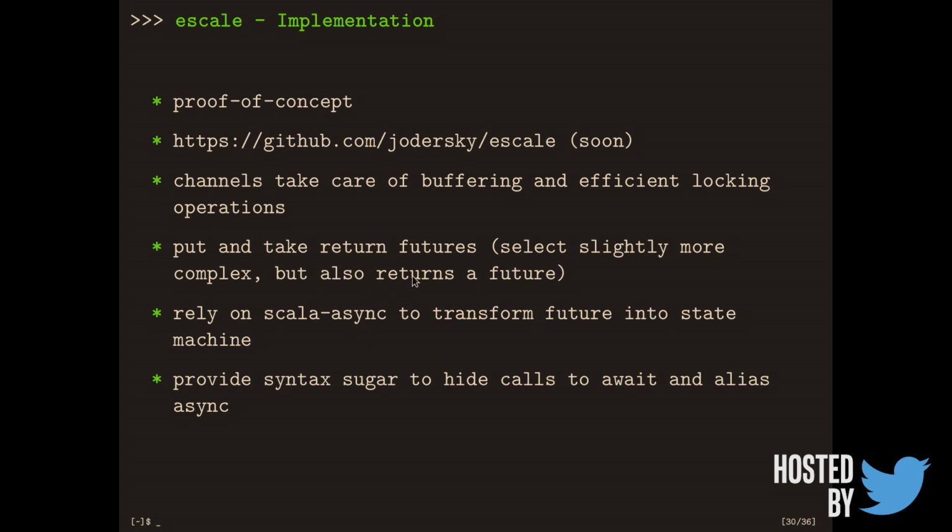Yeah, so as I mentioned, put and take actually return futures, but there's syntax sugar on top of it. Same goes with select. It's a little bit more complex, but it's also just a future. And we're piggybacking on scala-async to create this illusion that we're dealing with synchronous code. And of course, there's a bunch of syntax sugar on top of it, so it just